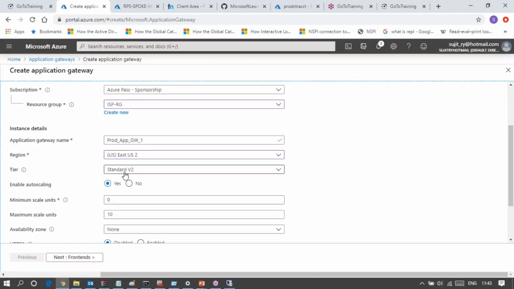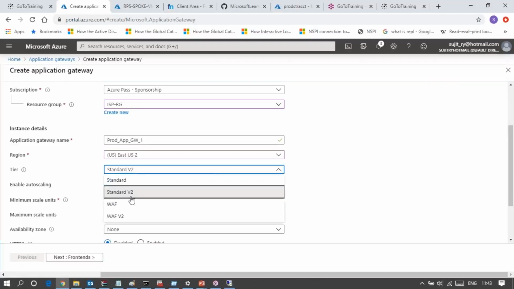Tier standard version 2, version 1. This is the normal load balancer, meaning a normal application gateway load balancer. And WAF means there you can find firewall enable, application gateway firewall enable. So if you want to configure security using a firewall, an application firewall, you can enable this one also. If you choose this one, then you have to configure the firewall rules. That firewall is explicitly used for this load balancer. So anyway, I'll just go with the standard version 2.